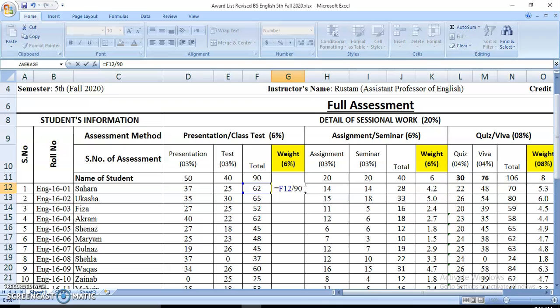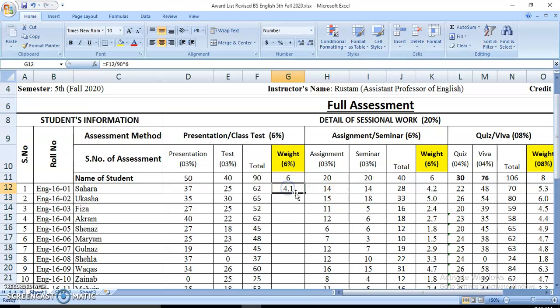It means 62 out of 90, multiplied. For multiplication you can press the asterisk or star button, and now multiplied by 6. Now hit the enter key.